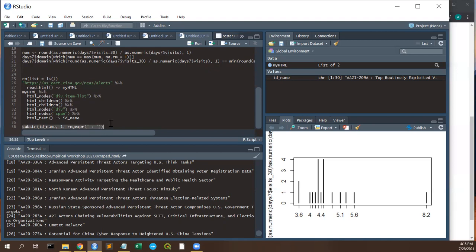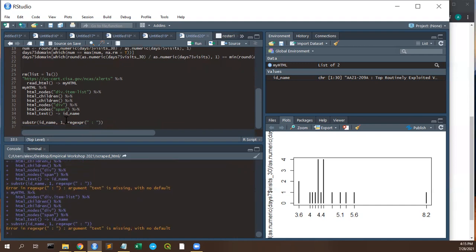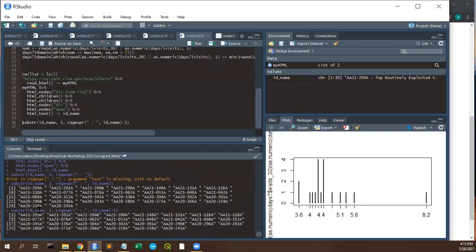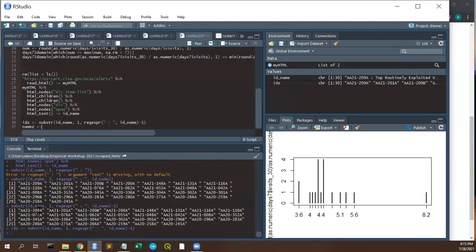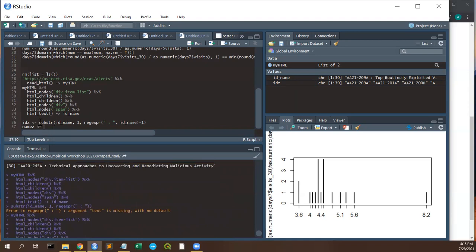If I look at this, now here's all of these ones. Remember, I want to subtract 1 so I can get rid of that extra space. These are going to be my IDs. I'm going to call these IDs. Now for names, I'm going to want to do the opposite. So I'm going to want to go from substring ID name,